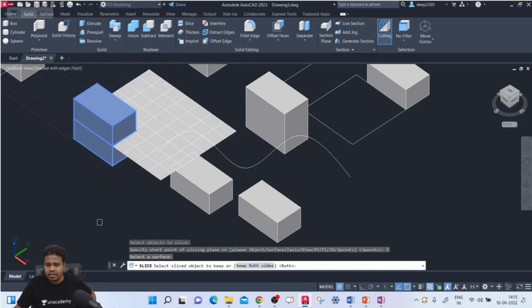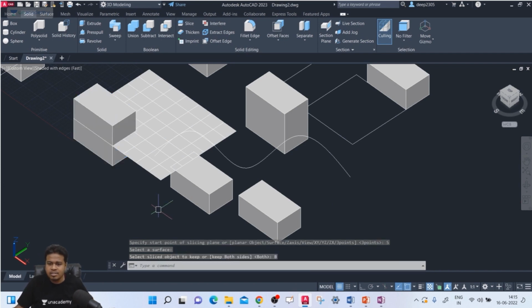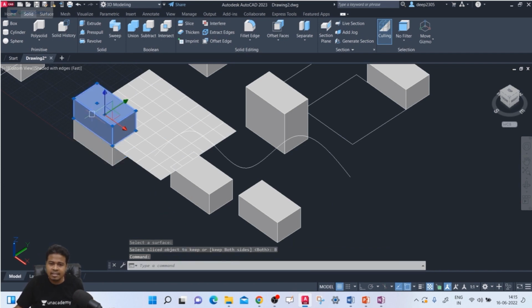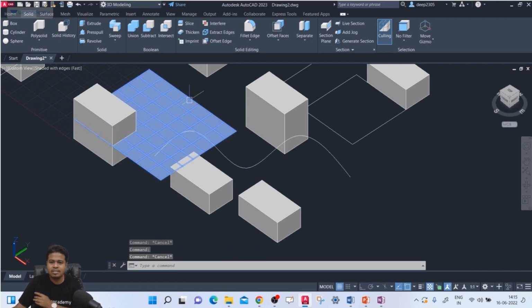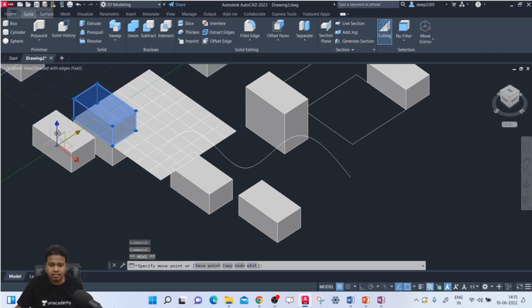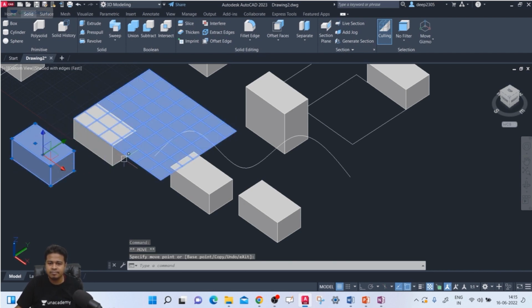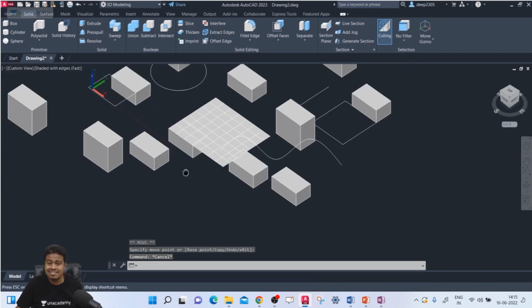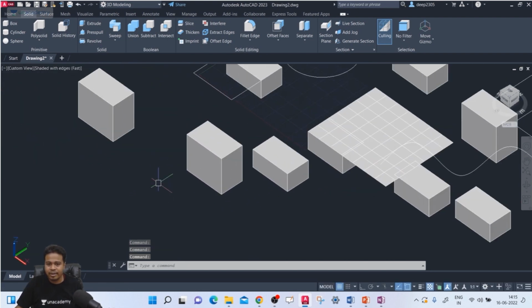Okay. Once you selected that surface, it is asking sliced object to keep or keep both side. So go to keep both side. Once you go to keep both side, you will see that that particular box has been sliced away through this particular surface. You can move that particular object separately. See? So this is how it has been sliced. Okay. Now